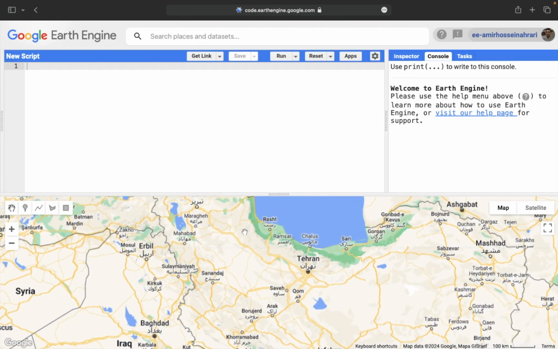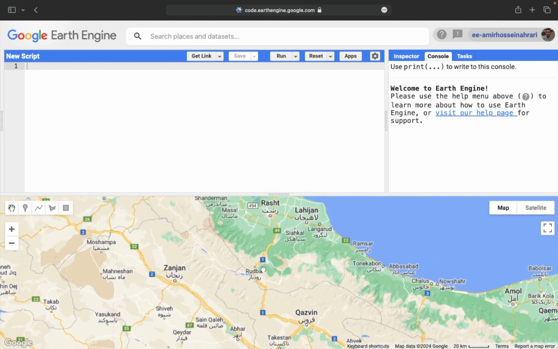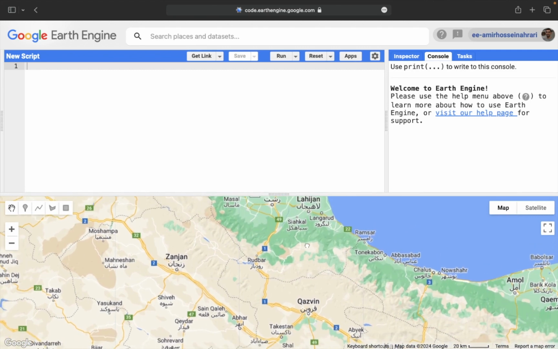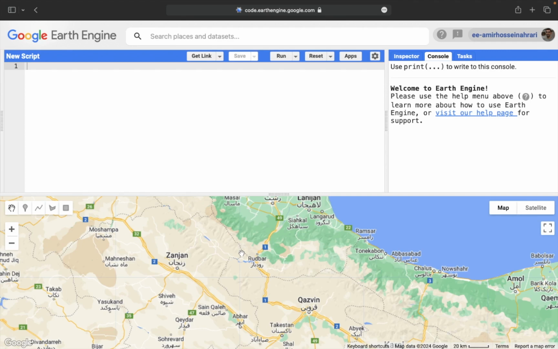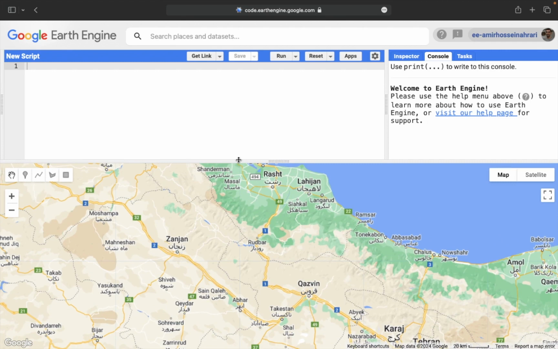I go to a part of my country, for example, in the north of Iran, where we have a mountainous region, and it's also a very helpful place to show the elevation variations. You can use or download digital elevation models for smooth and rough regions, no matter what kind of region you are working in, because when we are working with a digital elevation model, we need to get elevation